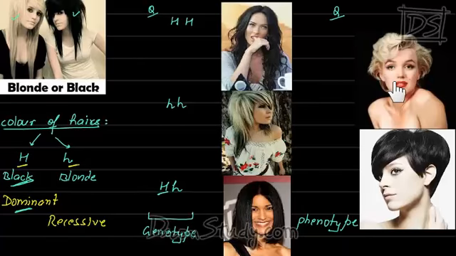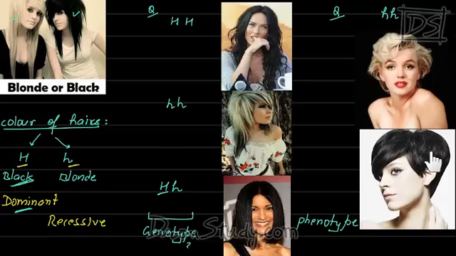Answer me another question. Now tell me what will be the genotype of this lady. You need to tell me the genotype of this lady and also the genotype of this lady, hair related. So it's very simple. This lady here has blonde hair, okay? Which is because of the small h gene. So obviously both the genes in this case are of small h type. So this is her genotype.